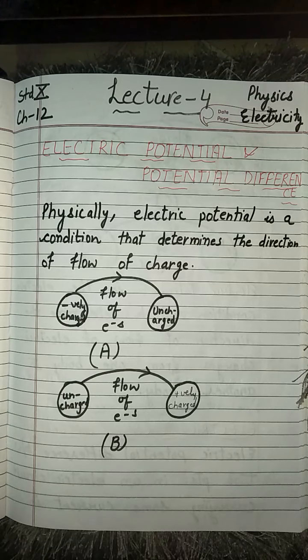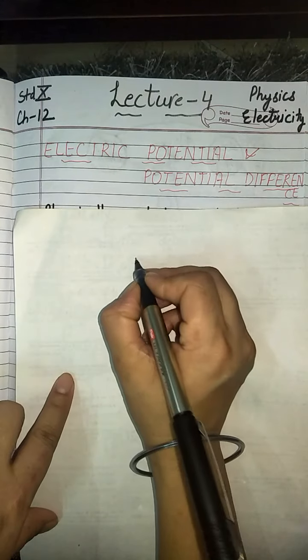Let us say we have two bodies, A and B. Body A is at a higher temperature, whereas body B is at a lower temperature. In that case, what will happen if you bring those bodies in contact with each other? The transfer of temperature will take place, from the body with the high temperature to the body with the low temperature.